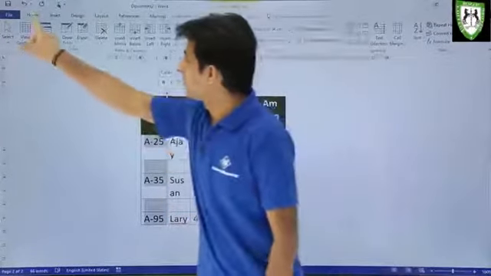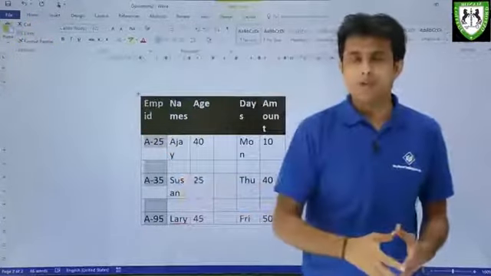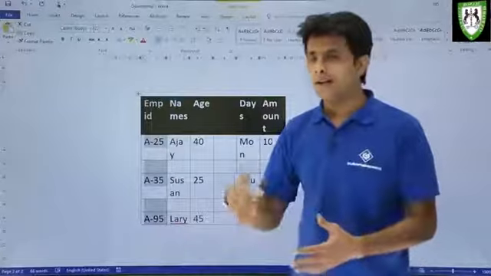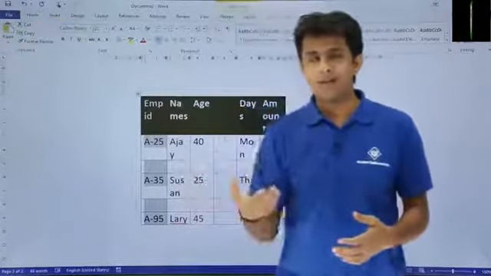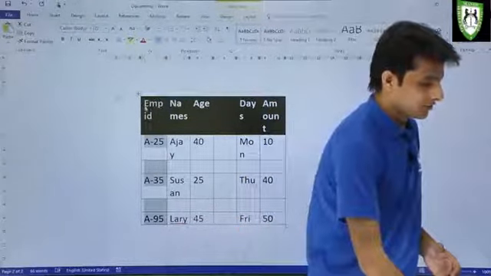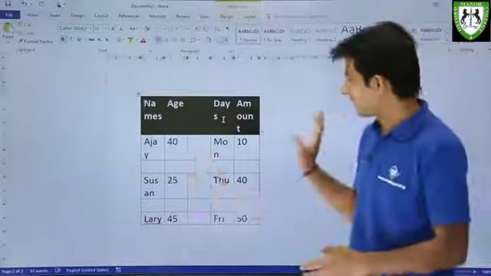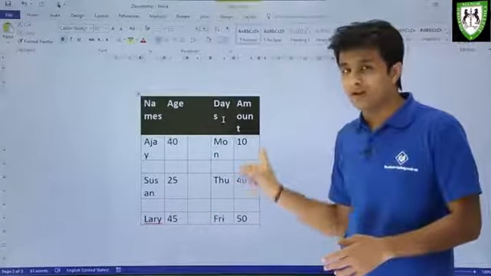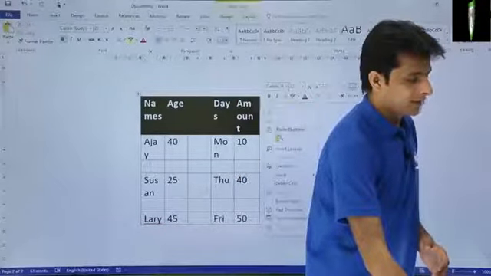Then you can use the option in the home tab as cut, or you can press Ctrl X, or else you can right click, any of the methods. Either click on this place or press Ctrl X, or you can just right click. So I'll just use the mouse, right click, say cut. So from here it has been cut and I want to paste it on the right hand side. So I'll just right click here and I'll say paste.